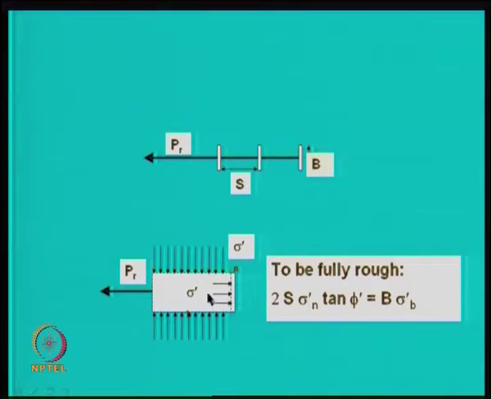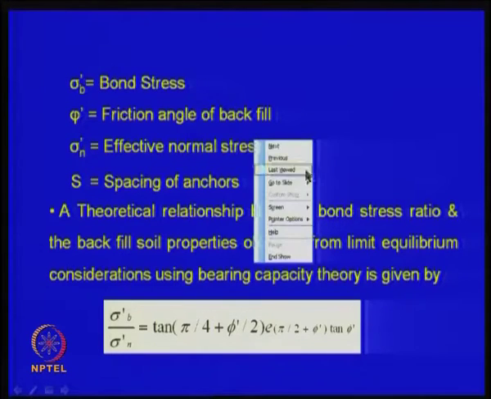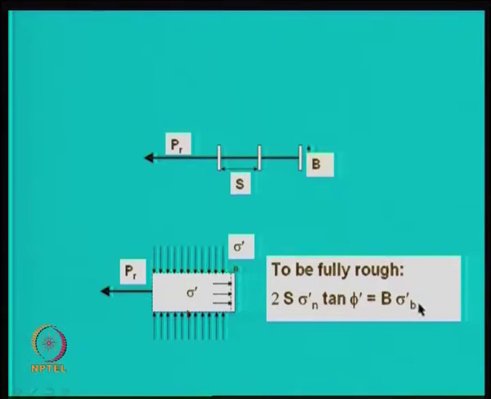How do you calculate it? The bearing resistance is a function of normal stress. As I said, normal stress is also applied here. So, how do you get the bearing stress? I must get that. That is the reason why I have an equation like this, which is a function of the phi of the soil. Depending on the depth at which I place it, for example at shallow depth, because normal stress is low, you will get some bearing ratio, because I finally have to use this term in this equation, right, to get S.